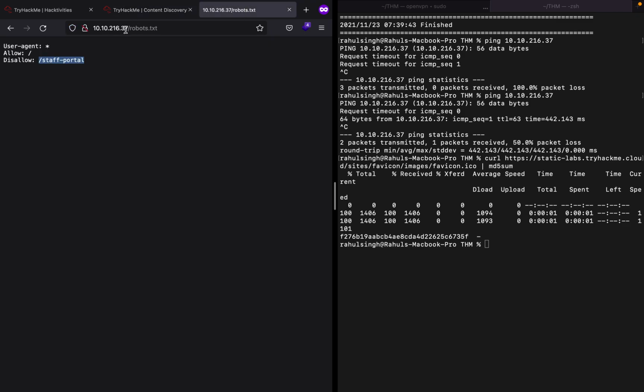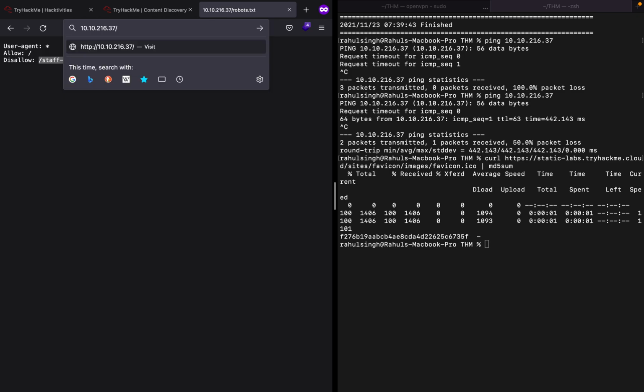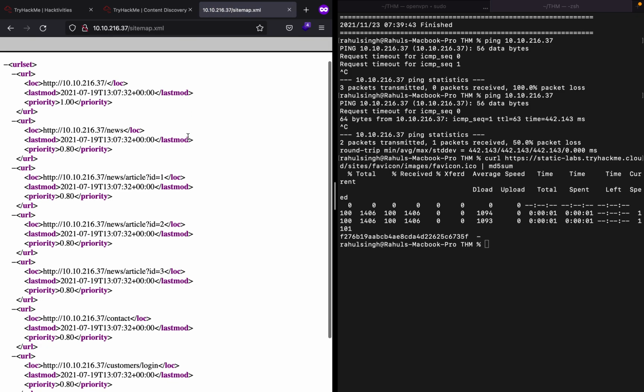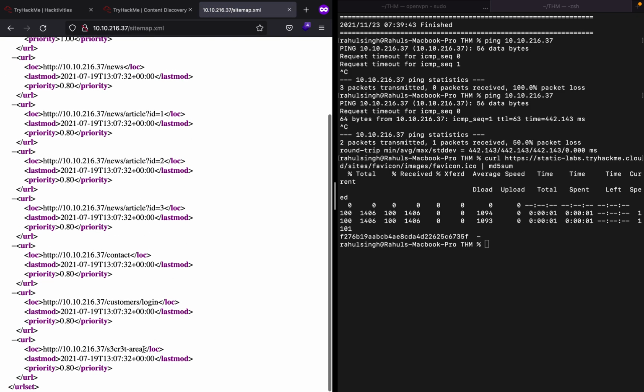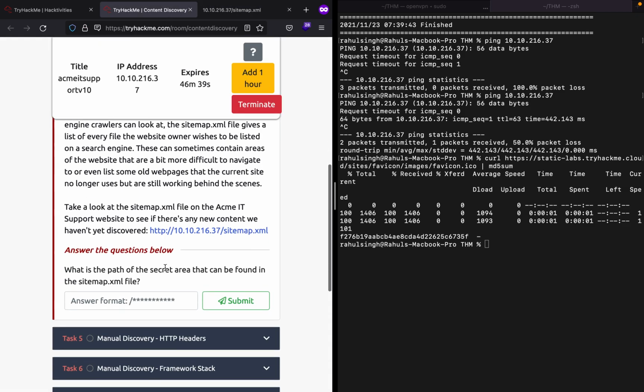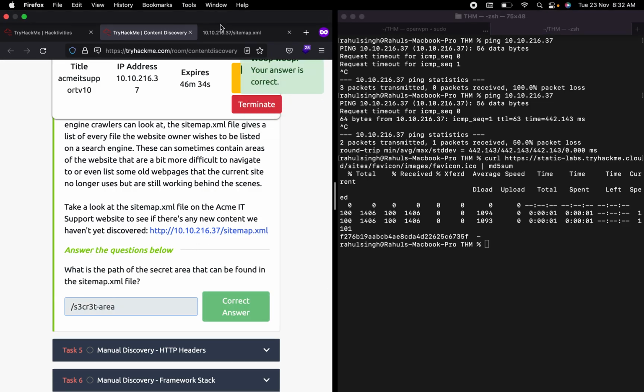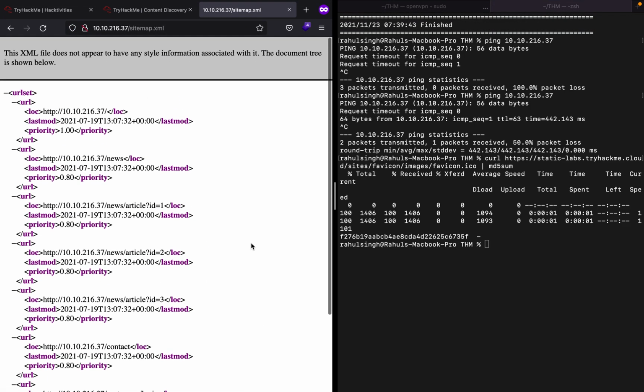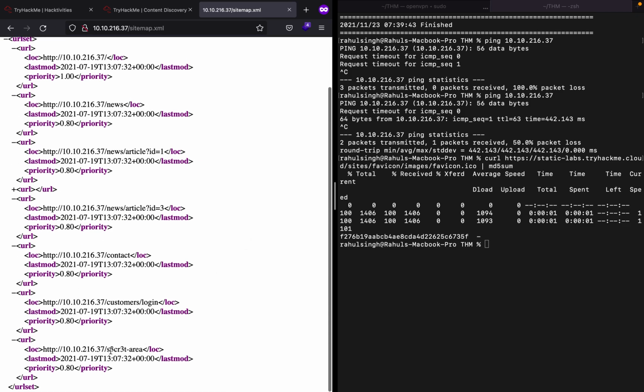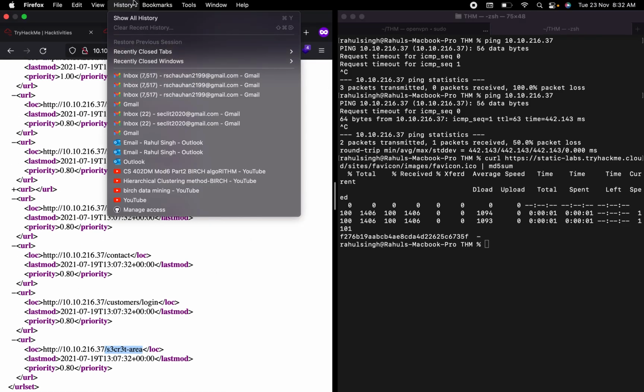Now that we are done with it, the third is sitemap.xml. You cannot find every endpoint on a particular website, so this is where sitemap.xml comes into place. It is also used for SEO purposes, but sitemap.xml often shows you what parts of the website exist. It's just a way of telling users or bots that this is the endpoint that I have ready. But this can also be helpful for us, because without much effort we can come to know about each and every endpoint present on a website, just like here. So this was the secret area that it was asking us for.